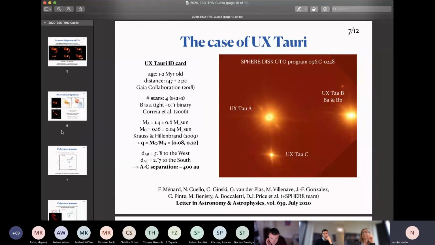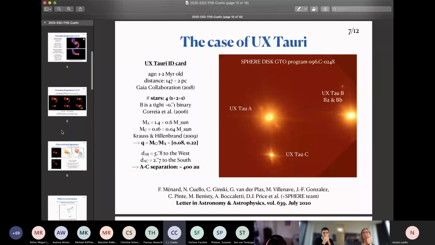Okay, then we have one question from Cassie Clark. Yeah, I was just interested in the question of the time lapse between the triggering of the outer disk and the accretion burst on the star. In your models, how does that depend on the viscosity in your disk? And can you actually use it to measure viscosity even?